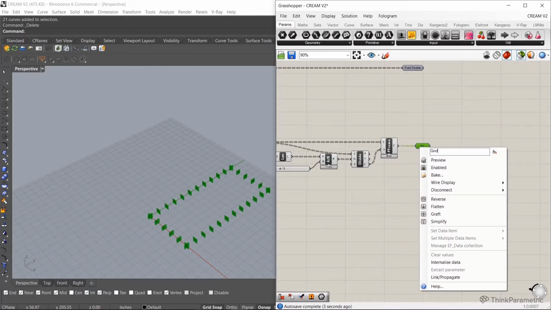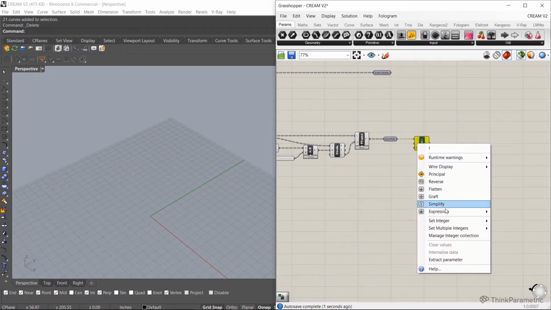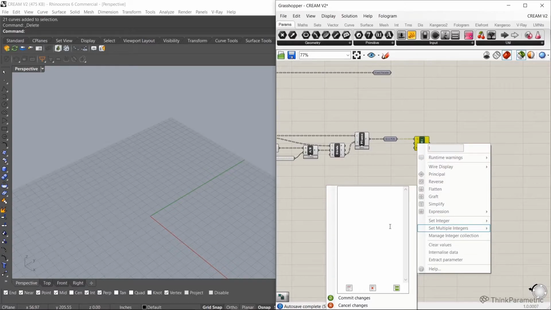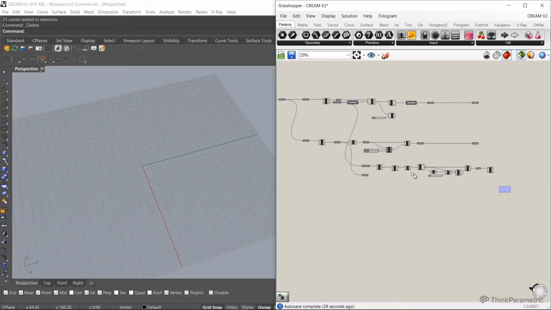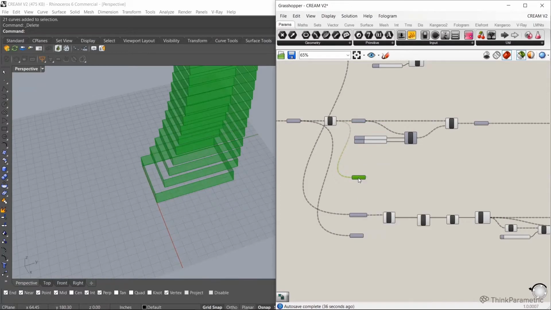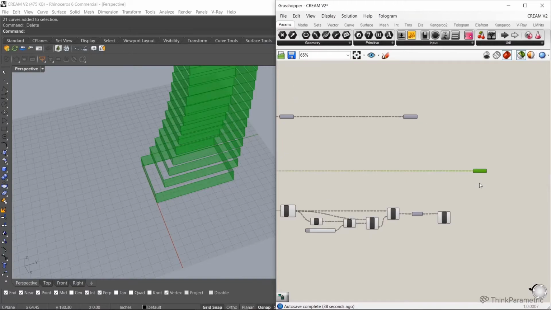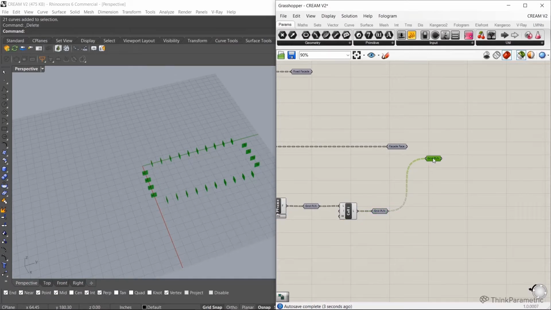I do want to get rid of the first and last instances in our list, because they will intersect with the faces that are perpendicular to them. So I don't need the corner ones, I just want these guys. So we're going to use these to intersect with our facade faces here. And so let's give ourselves a bit of space down here. And let's do the same thing here. Okay, so we have our facade faces. These are our grid planes. And let's just bring these together.